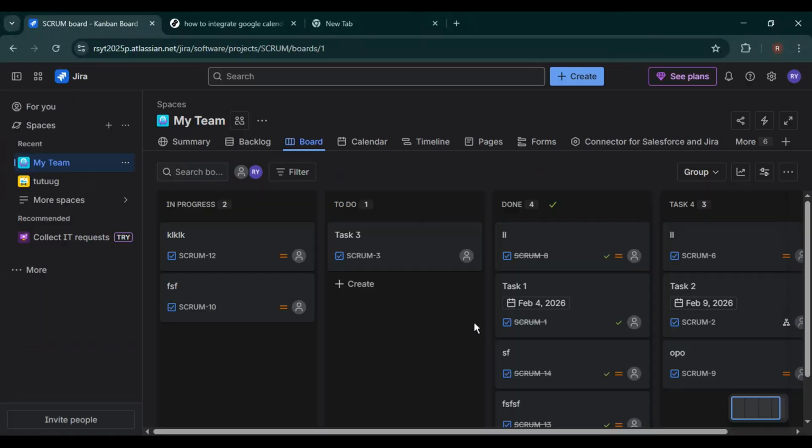In today's video, I'm going to show you exactly how to integrate Google Calendar with Jira step by step, so you can easily track Jira issues, deadlines, and events directly inside your Google Calendar. This is extremely useful for project managers, developers, and agile teams who want better visibility of their Jira work alongside meetings and schedules. We'll go through the full process from inside Jira, and I'll keep it simple so anyone can